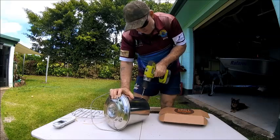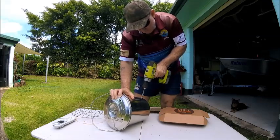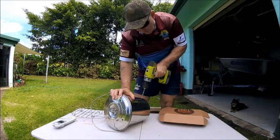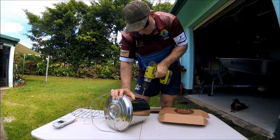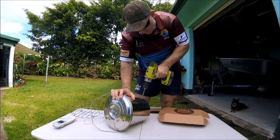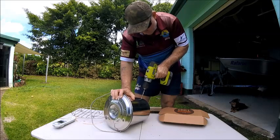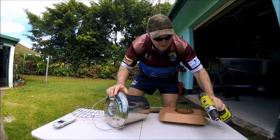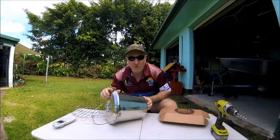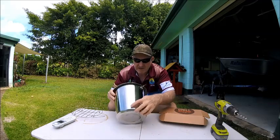Okay, getting it started's the hard bit. As I said, it's a stainless steel bucket, it's taking a bit to get through it. Come on, here we go. Righto. I'm not going to put you through about 20 of those, guys. That took a bit more to get through than I thought, but I think it's about a 7 or 8mm